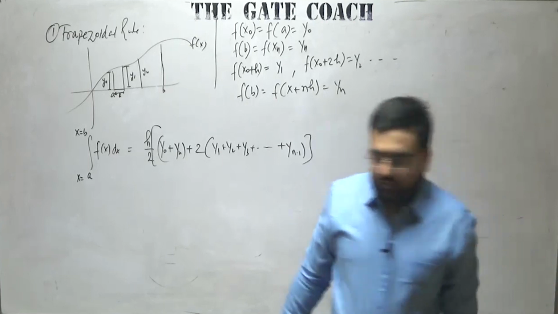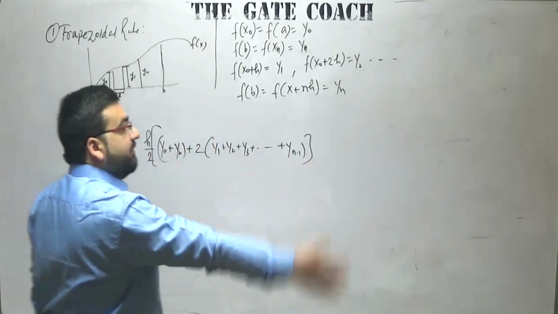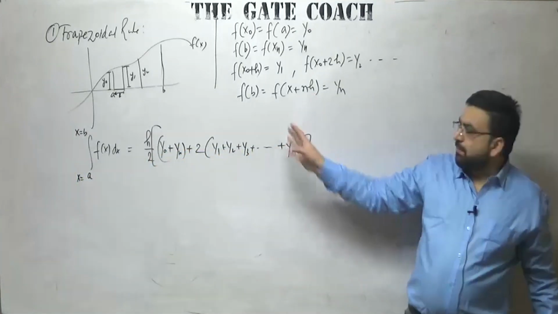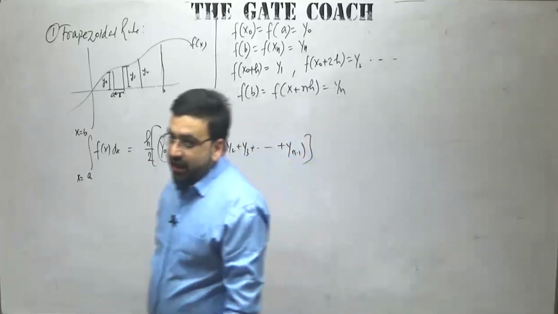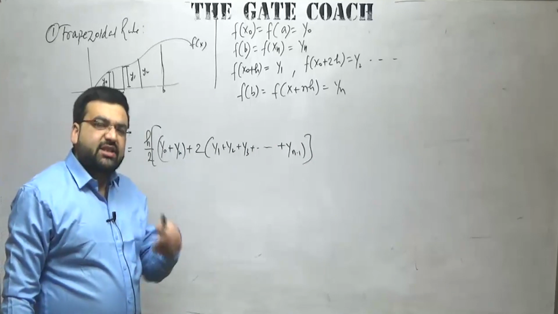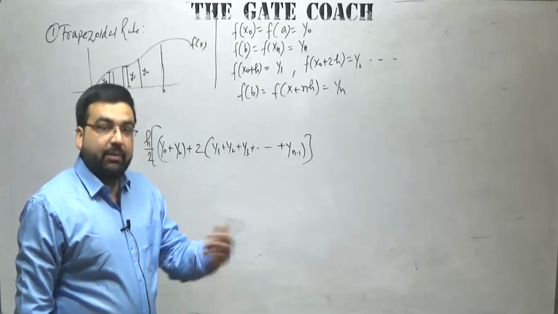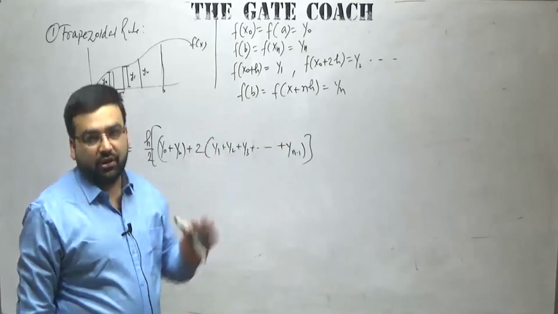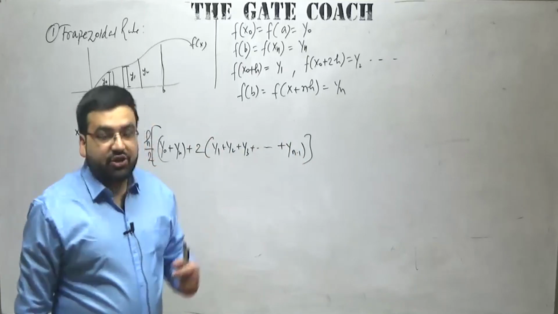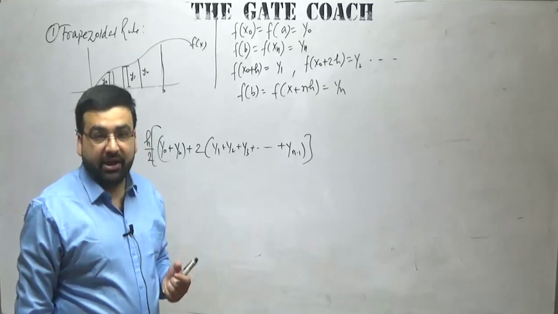No, it is not like this, Gaurav. Actually, the Newton-Cotes formula itself is a very complicated formula. If you put n is equal to 1 in the Newton-Cotes formula, you get a very simple expression, that is the trapezoidal rule. If you put n equal to 2, you get Simpson's 1/3 rule, which is also a complicated formula, but not very much. If you put n equal to 3, it further becomes complicated, it gets converted to Newton's 3/8 rule. If you put n equal to 6, Weddle's rule is a very complicated formula. Which term has to be multiplied by which term, that is very complicated.